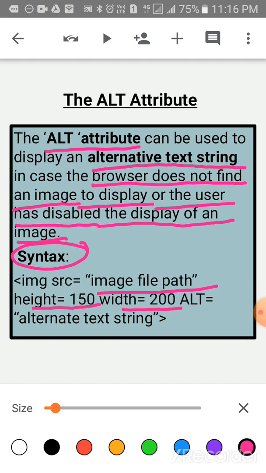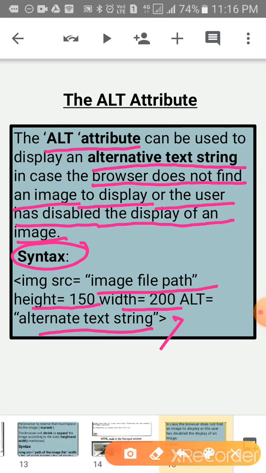After that children, write down alt, meaning alt is equal to alternative text string, within quotes you have to write the text, and then lastly close the tag. This is how to use the alt attribute in this syntax.